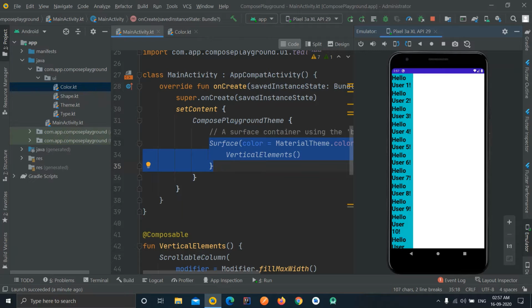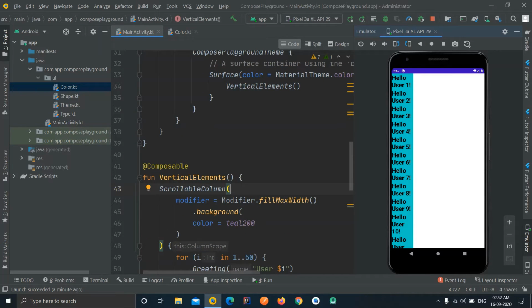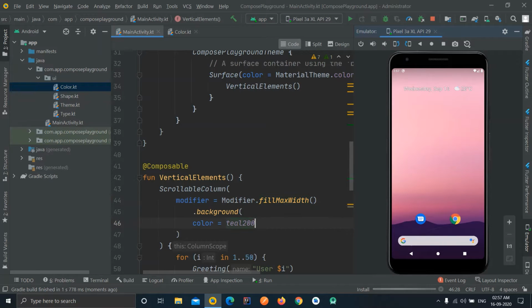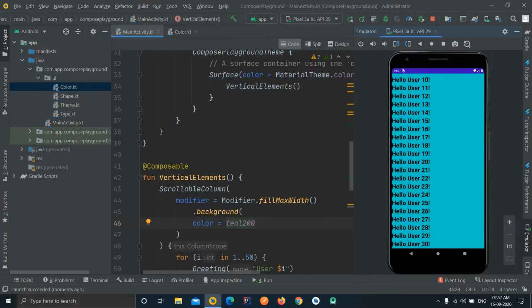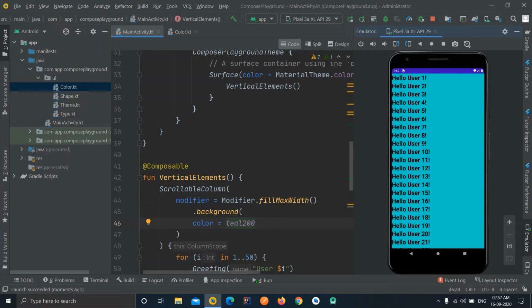So this is the direct child, and it doesn't have any parent which can restrict its width or anything, so it can take the full width. So this widget should now span across whole width of the device. So let's run our application again, and we can see the output now. Yeah, so as you can see now, the column is spanned to the whole width, and now you can scroll it from anywhere you want, like this, from here, anywhere, because it is now covering the whole screen. So this is the way these properties work.